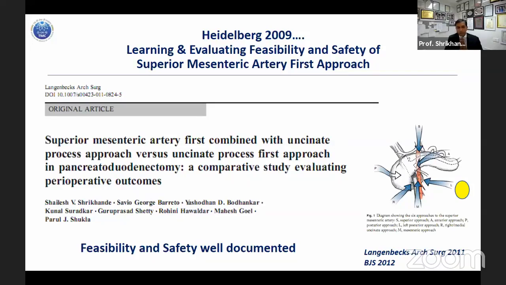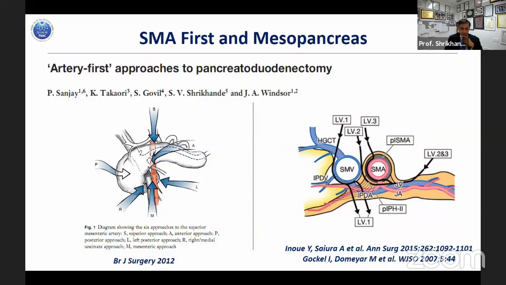share with you. We looked at the superior mesenteric artery first, combined it with an uncinate first approach, which is what we have been doing in Tata Memorial for many years. And some of you have seen us do this. And then we compared it with the infracolic approach with the supracolic or the right medial approach. Not necessarily in all cases which required a vein resection, but even in simple cases. Because if you don't know how to expose and be close to the superior mesenteric artery, you will not be able to do vascular resections as you move ahead in borderline resectable disease.